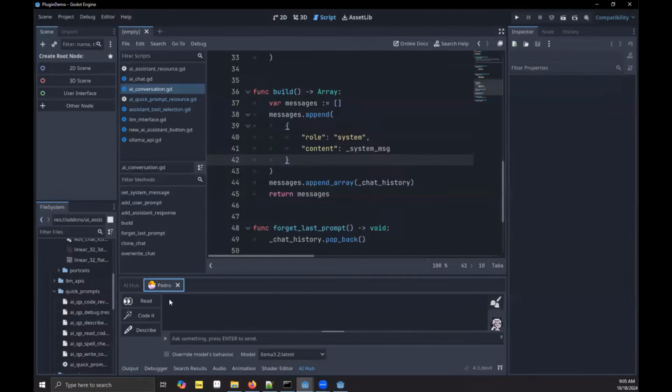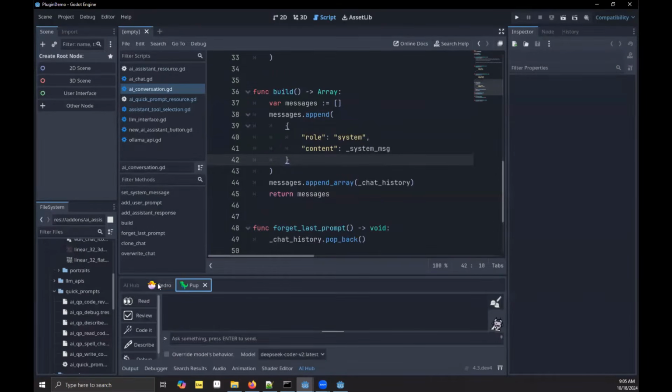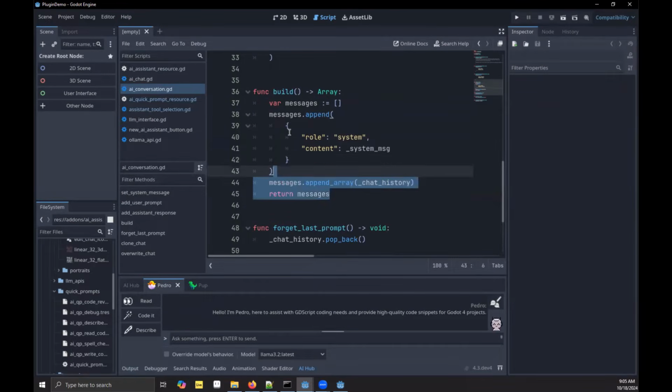So I have spawned this Coder Junior, right? And let me also spawn a Coder Senior. So why do I have two types of coders? It's because one of them is using Llama 3.2 that is very fast but somewhat inaccurate. And then I have another model running on DeepSeek Coder, which is better for coding but a little slower in my machine. So I will ask this assistant, let's say,